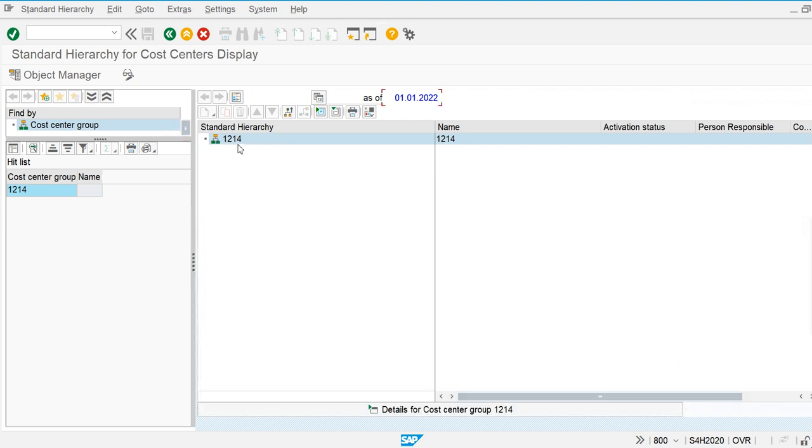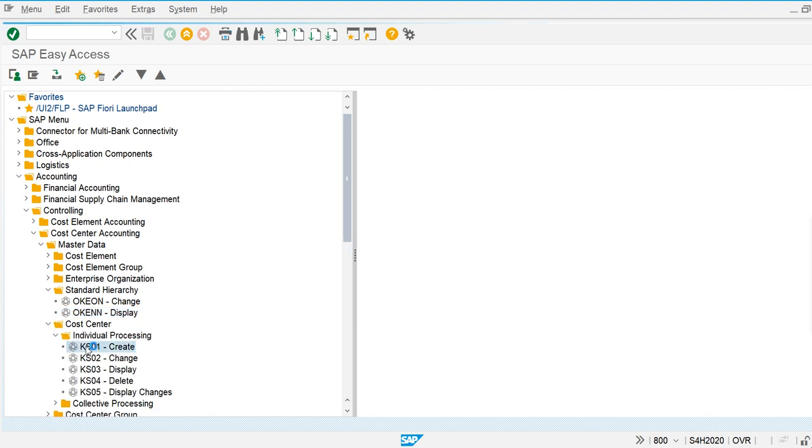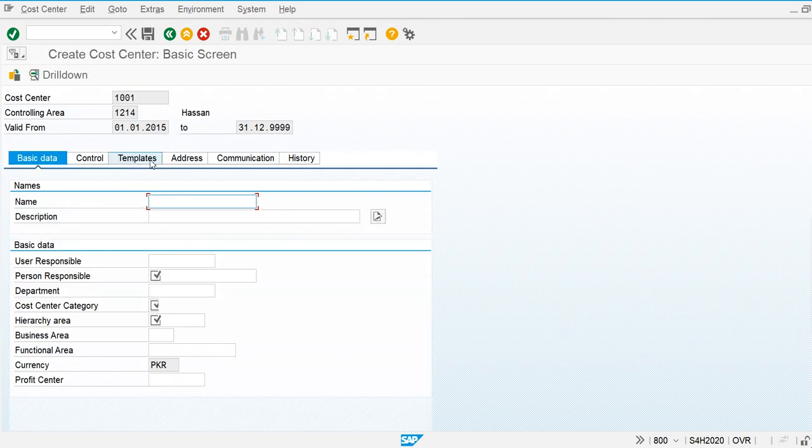So this is my standard hierarchy. I have not created any cost center group or cost center under this standard hierarchy. And let's go and create the cost centers. Individual processing, I'm going to create the cost center. So my cost center I'm going to create is 1001, and this is going to be effective from 01.01.2015, and this is related to production, and I'm going to create the production department as a cost center, and ABC